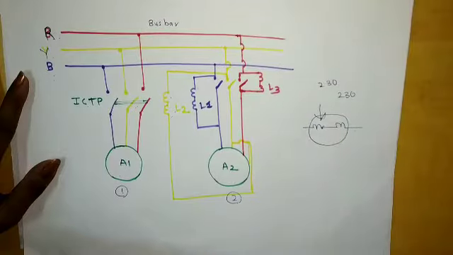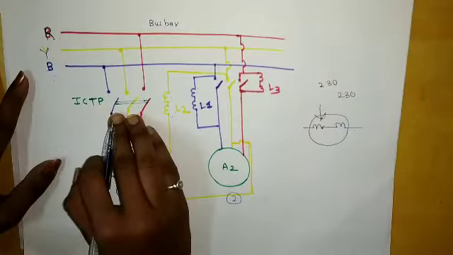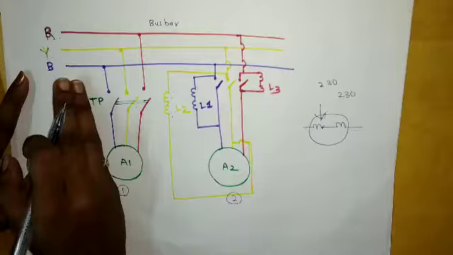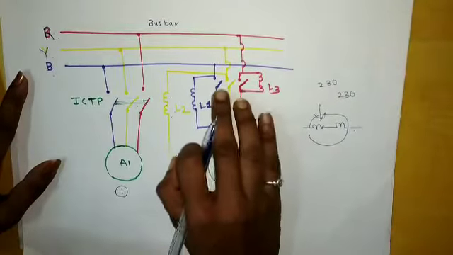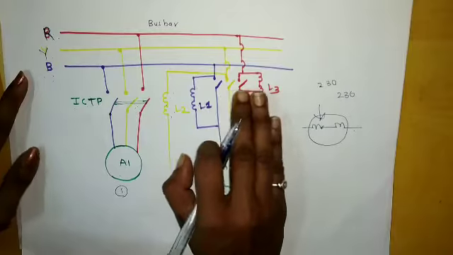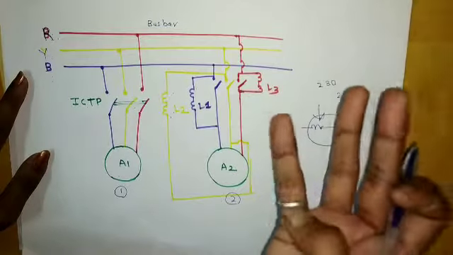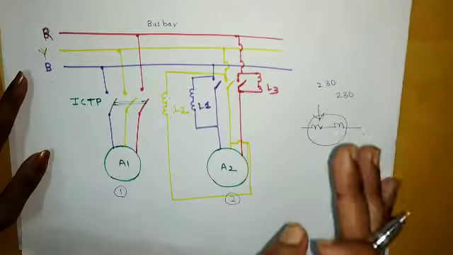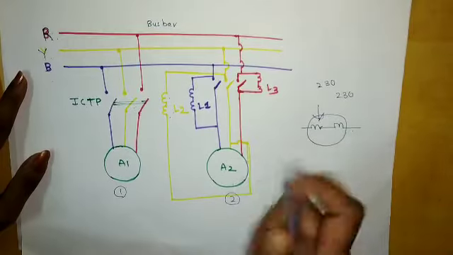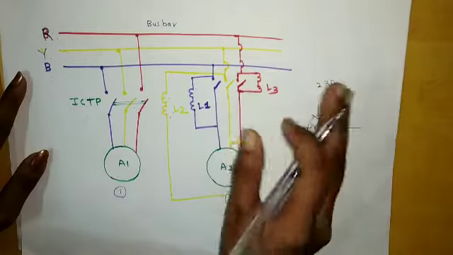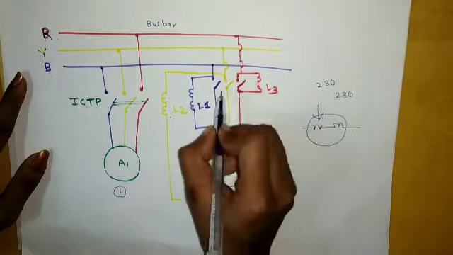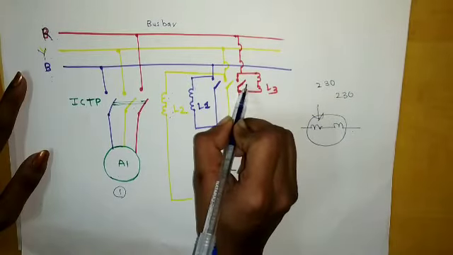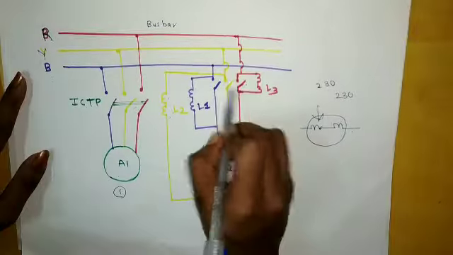Now here there is a switch. When we turn on the switch, this will get connected. But we cannot turn it on yet, because only after checking the phase sequence, frequency and voltage, if they are okay, can we turn it on. First we have to check whether our phase sequence is correct or not. So we should not turn on this switch. You can turn on this switch but not that one.